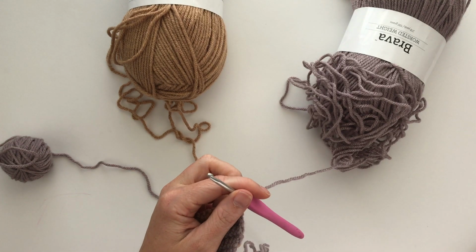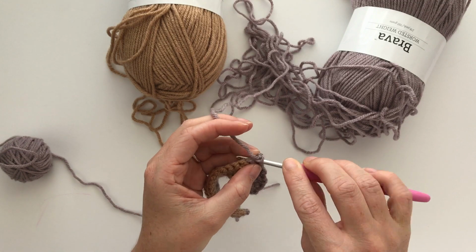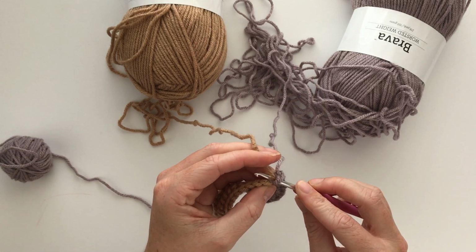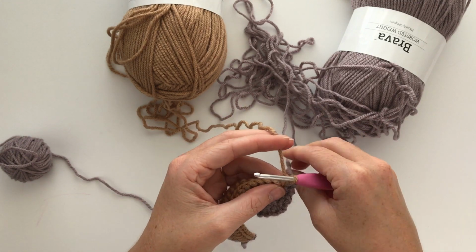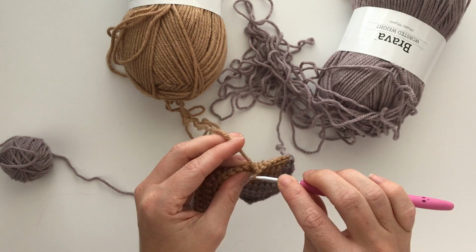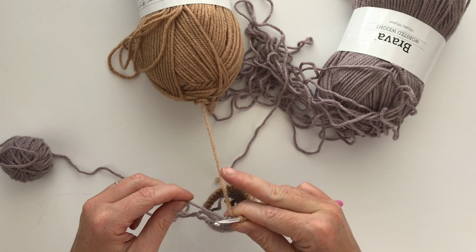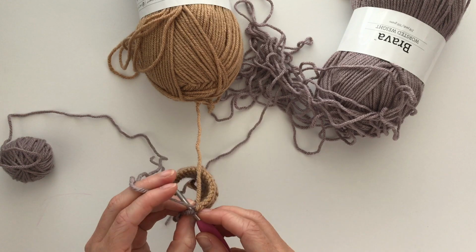For row 13, we're just going to single crochet 1 time with our hair yarn. So drop it and pick up our skin tone to finish out the stitch. Then we are going to single crochet 23 with our skin tone yarn. That's 1, 2, 3, 22, and 23. Drop our skin color, pick up our hair color, finish out the stitch, then single crochet 1